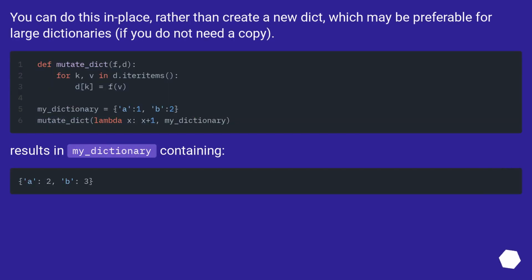You can do this in place, rather than create a new dict, which may be preferable for large dictionaries, if you do not need a copy. Results in my_dictionary containing